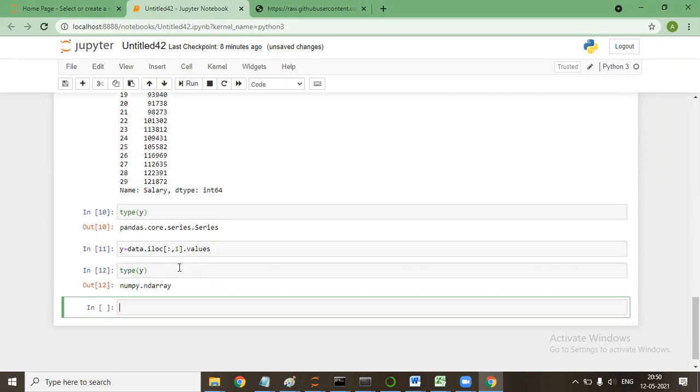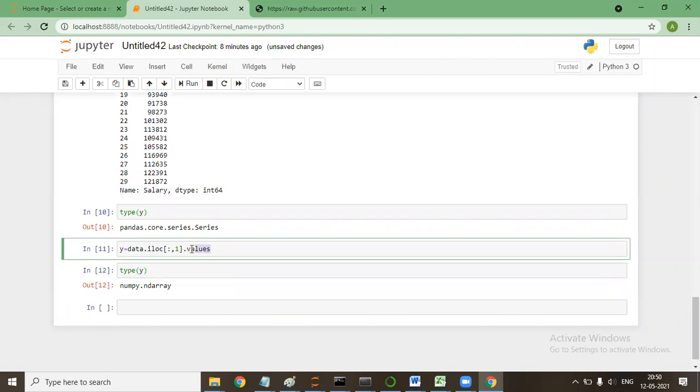So if I use values in the end, it will be converted into an array. The difference is, whenever we are working on a problem where we have a single column as the x value and a single column as the y value, then we normally convert it into an np.ndarray because it has fast execution. In case we are working with a pandas data frame, then we don't have an option, we cannot convert it into an ndarray, so we go with pandas as the option, like this, without dot values. Are you guys with me? Yes.